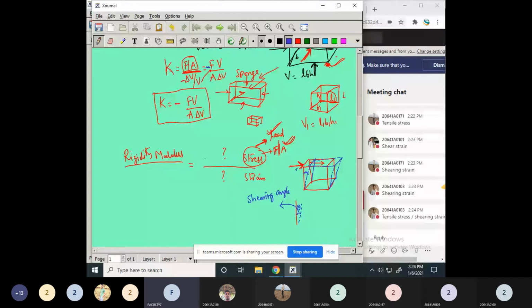Now if you consider this as some x or L, take this as L, and let me use another color. This is the displacement you got here, the angular displacement. Consider this as some delta L. Due to the angular displacement, you got a certain change in length. So the thing is about tangential stress by shearing strain. This is known as tangential stress.